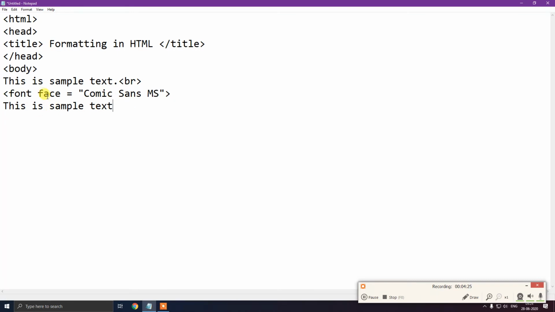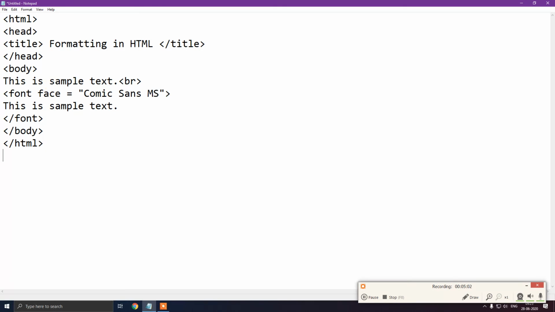For comparison I have written it two times, to show what it was before and what it was after applying the coding. Then we'll close the font tag. Then we will close the body tag. Then at the last we have to provide the close tag, HTML.